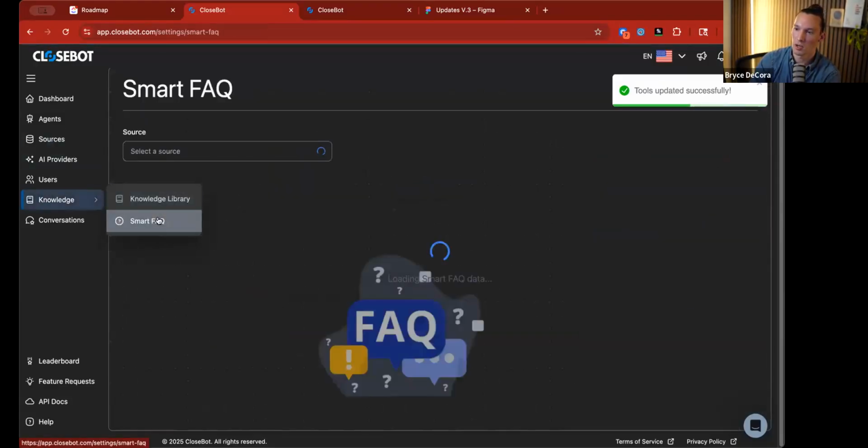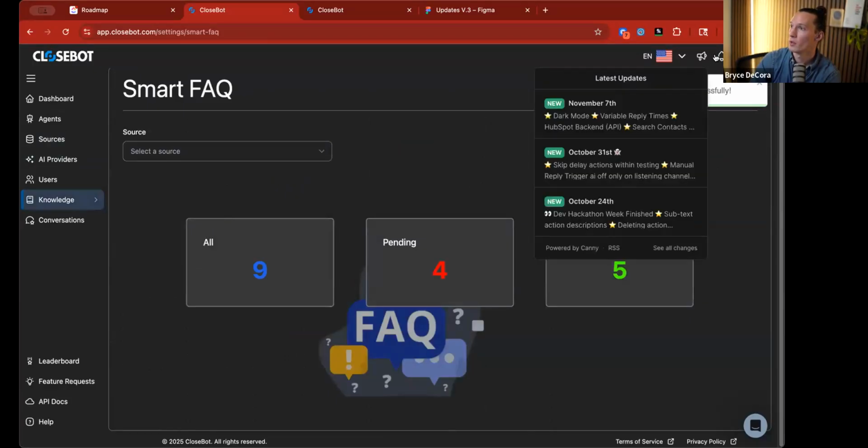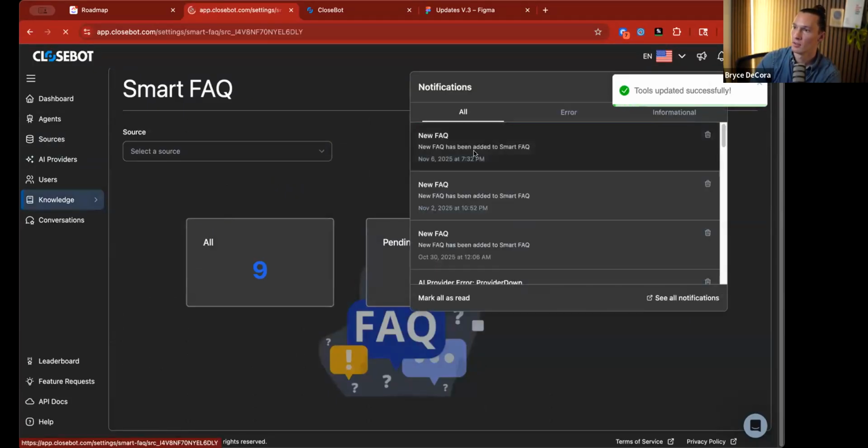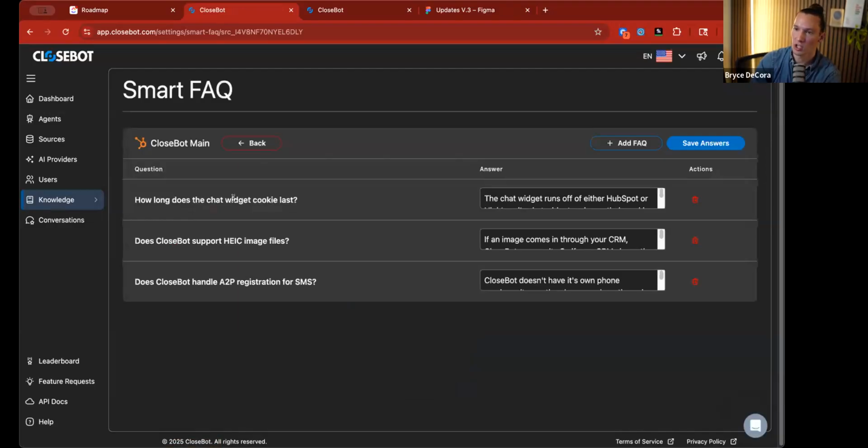Once a Smart FAQ item comes in, like it did for me, you can just go click that and it'll bring you to your Smart FAQ. These are things, for example, on our homepage that have been asked that it didn't know the answer to, and I just filled in the answer over here. What proactive Smart FAQ is going to do, when you fill in the answer, there's going to be a pop-up that says, this question was asked in these 2 or 3 or however many conversations. Do you want us to reach out with the answer? And you'll be able to deselect ones that you don't want it to reach out to with the answer